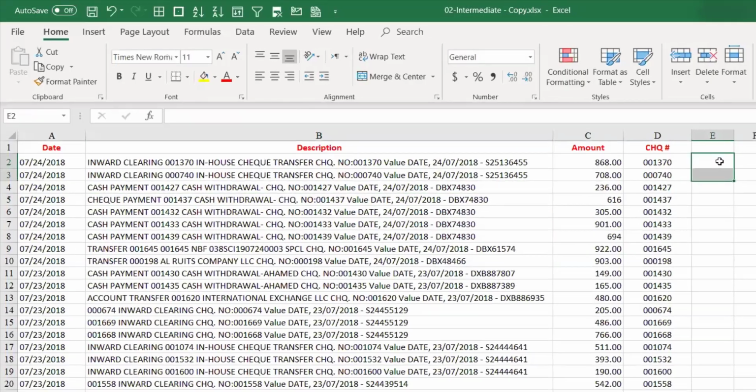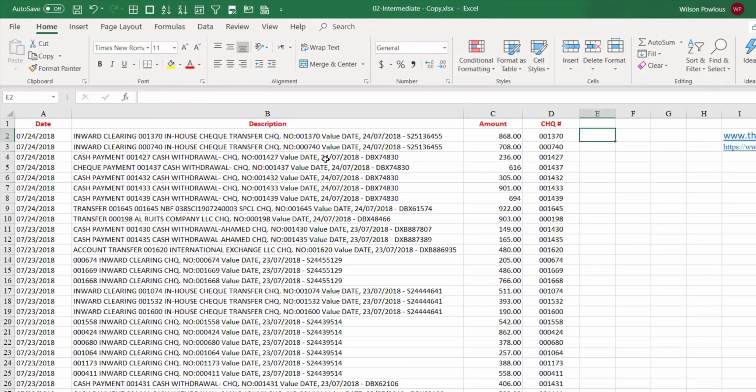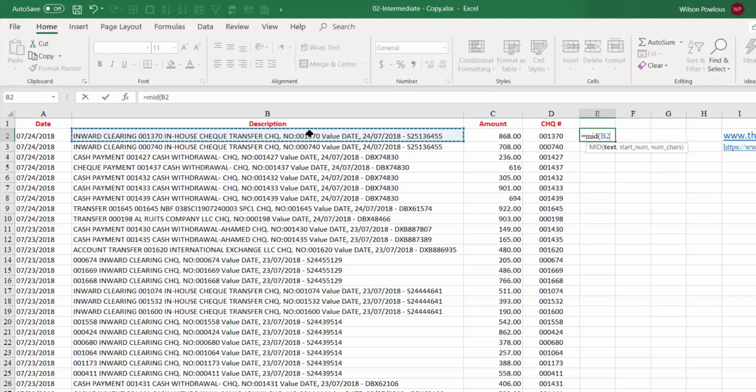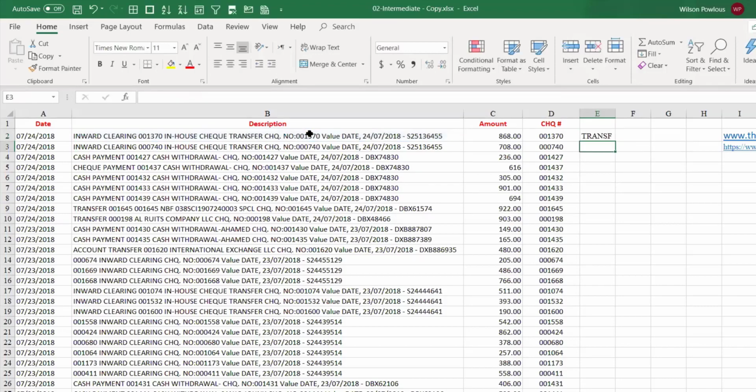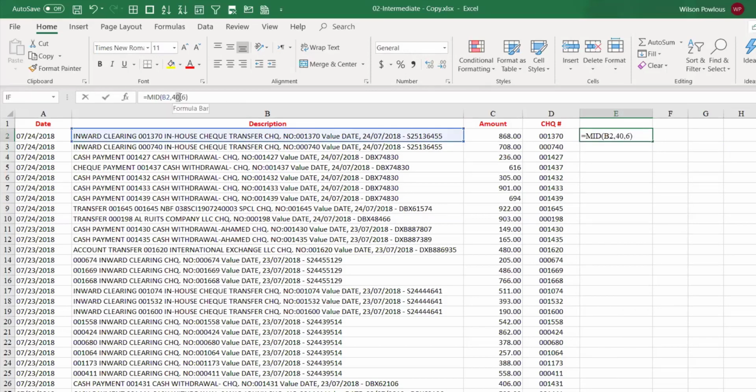Suppose I just put some number and say equals MID of this one, starting number maybe 40, and 6 characters, I want to get. I think I'll put some more, transfer 40. I'll make it maybe 48. If you look at it, what I did was say from this text, I want from the 57th character as the starting number, 6 characters. I arrived at this by counting. So I got this check number.